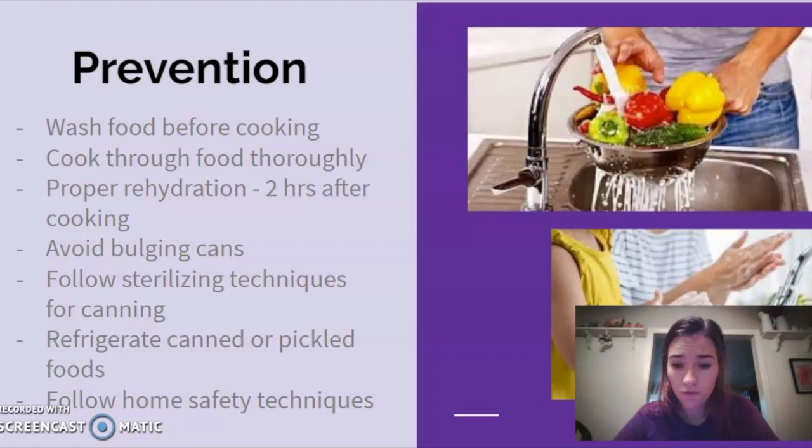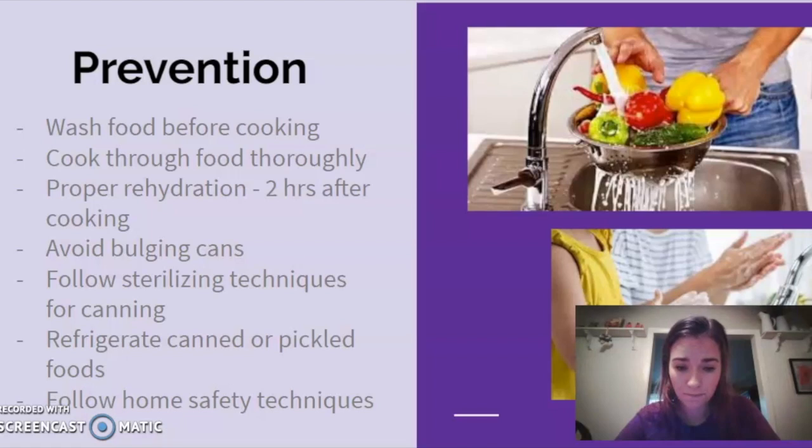While you're cooking the food, make sure that cooking is done at the proper temperature, especially when working with proteins, cooking through that food thoroughly. And also, once we're done eating said food, we should practice proper refrigeration, which is recommended within 2 hours after you cook. That food should be stored in a refrigerator and properly contained to help us limit our exposure